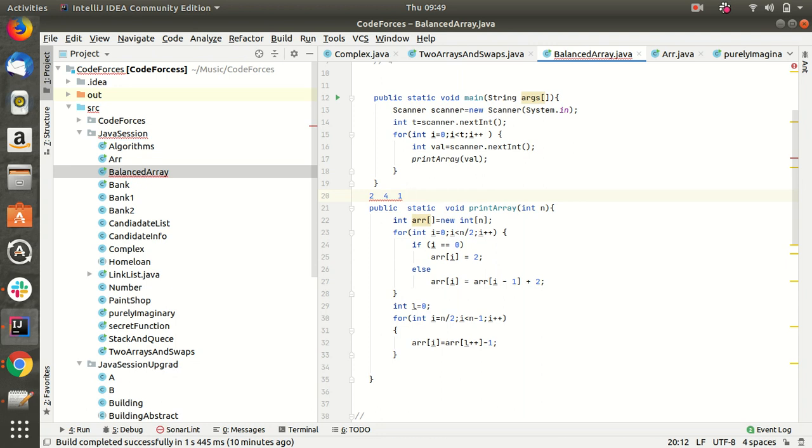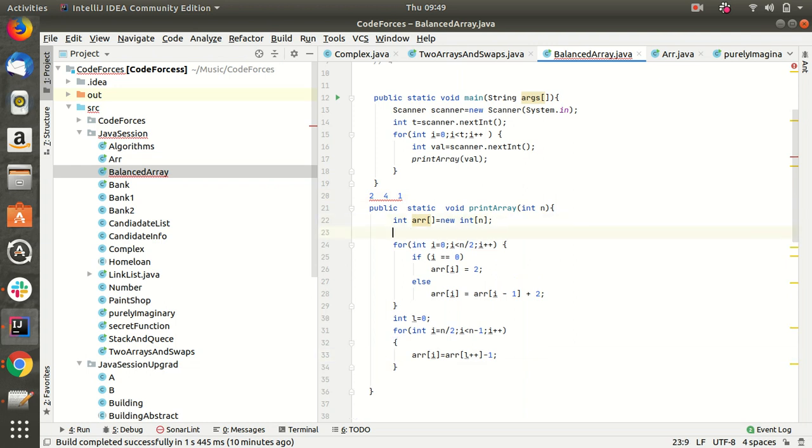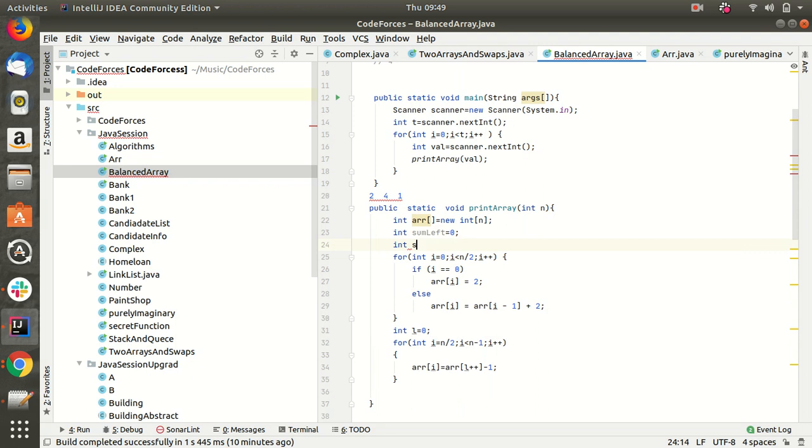For the last position, we'll have two sums: int sumLeft equal to 0 and int sumRight equal to 0. Basically sumLeft will contain the even number sum and sumRight will contain the odd number sum except the last one.